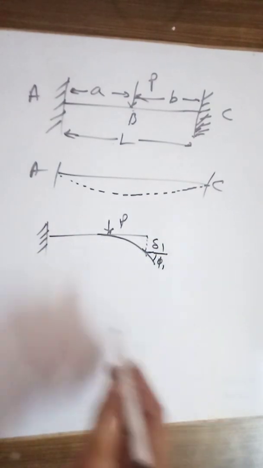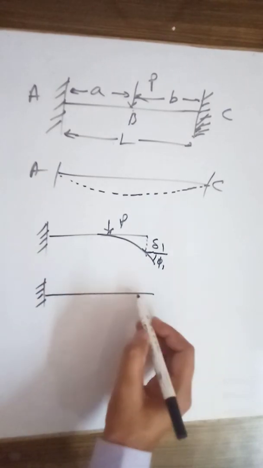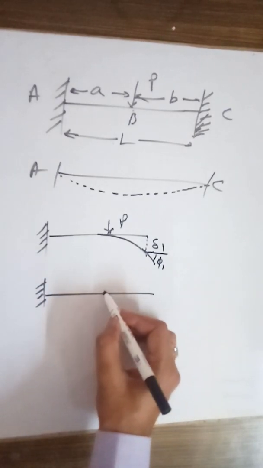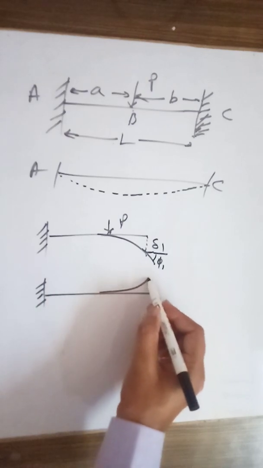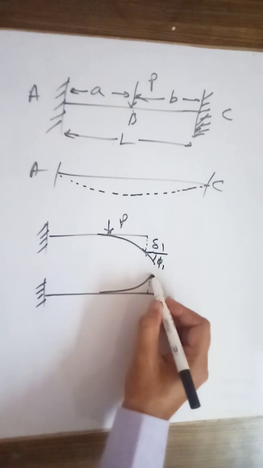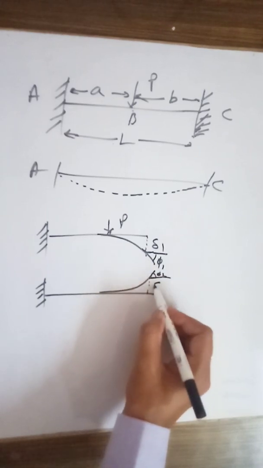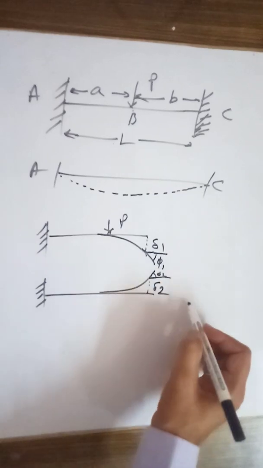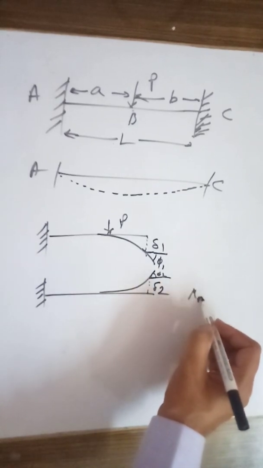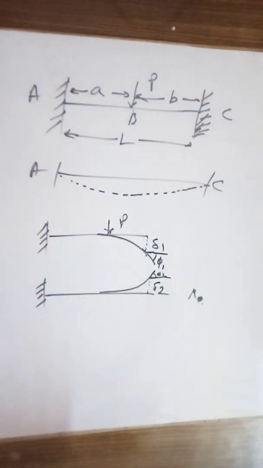Similarly for this, the bending is like this, and here is some angle phi 2, and this is our del 2, and this is m naught,